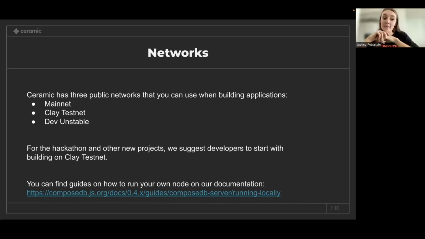And then we have Dev Unstable. Dev Unstable is another testnet, but this is mostly used for small things that developers can just simply test out. So yeah, there is more documentation that you can find if you want to see how you can run nodes by yourself. The main thing to remember about building on Ceramic is that, as I mentioned previously, we do incentivize developers to run their own node if they build their app.